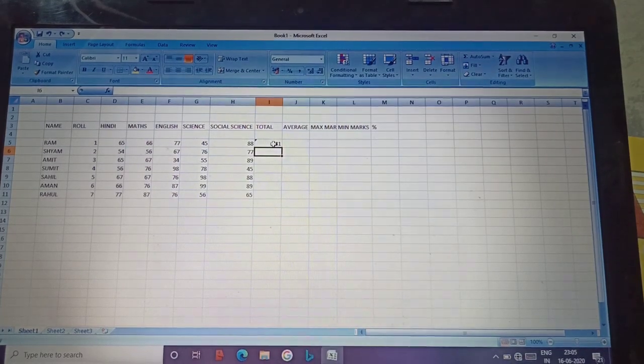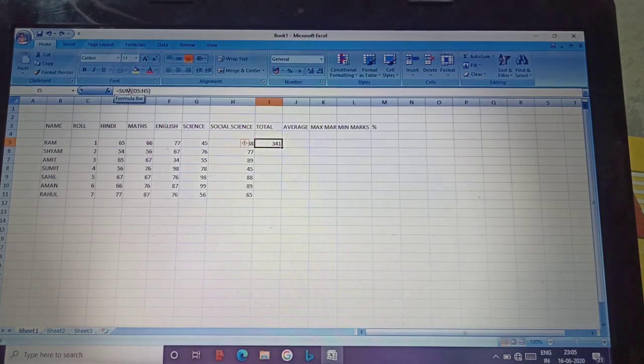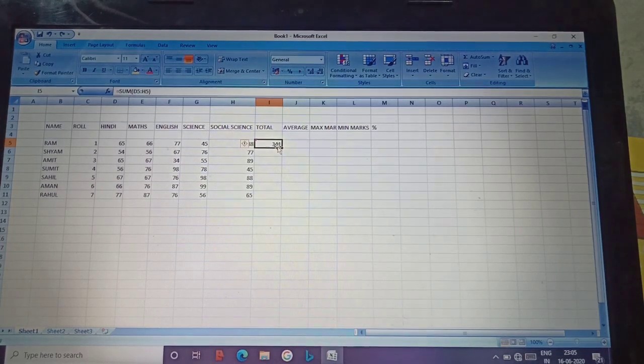For checking the formula, you have to click on that particular cell. In the previous class, as I told you, the formula bar shows the formula or the value written in that cell. So when I select that cell, we get the formula we have written in the formula bar. There we can see that if you do not write the equal to sign, or if these things are wrong, we will get an error instead of the value.